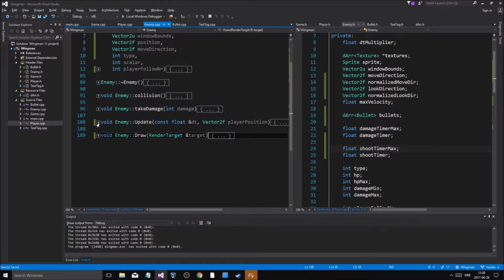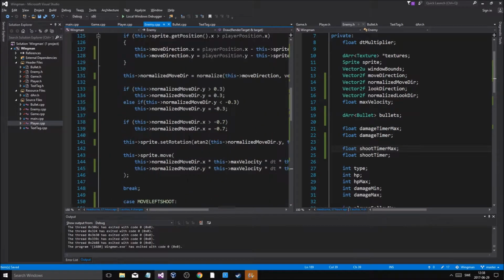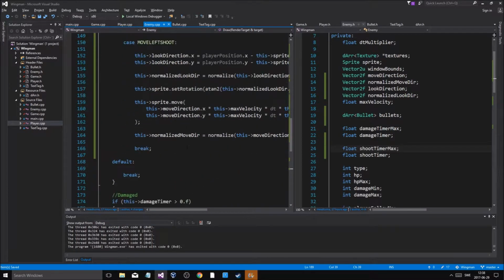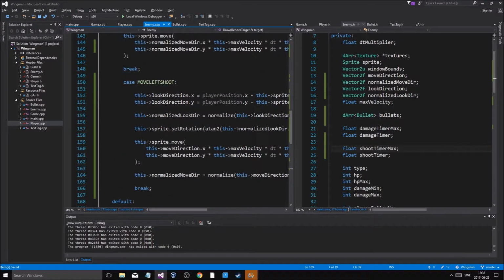We are gonna update the bullets, and if it's move left shoot, then it's gonna be able to add bullets to this container. Every enemy is gonna have their bullets container. It won't matter because it's so small, so it doesn't matter. They're not gonna use it. If move left shoot,